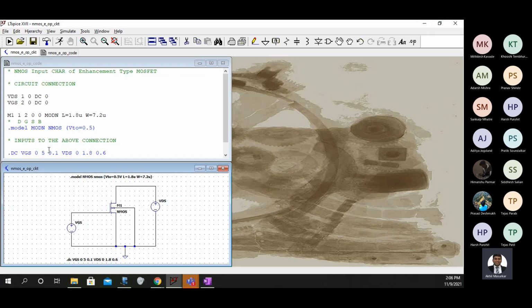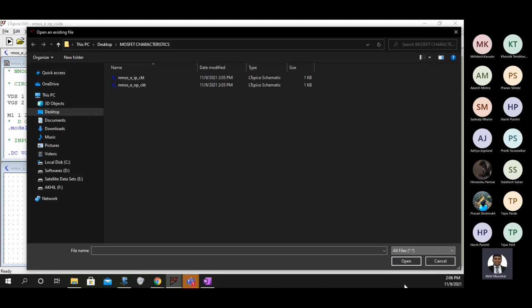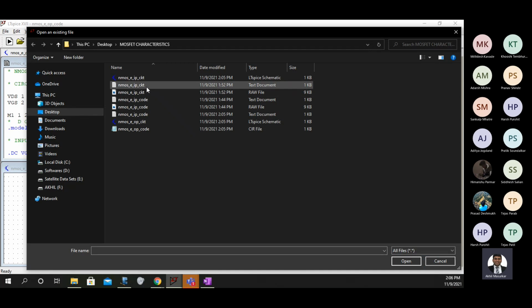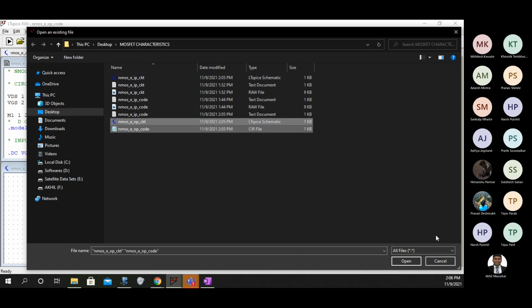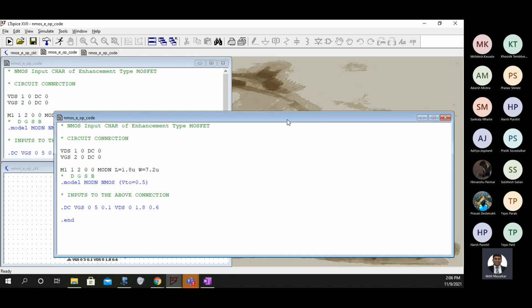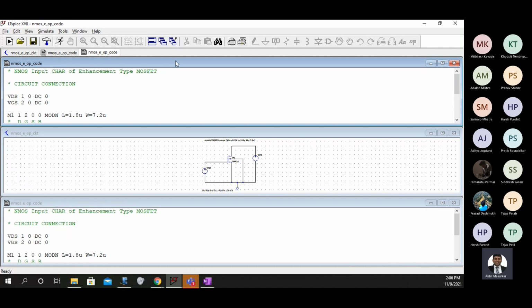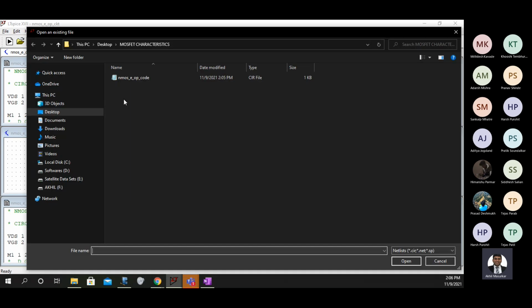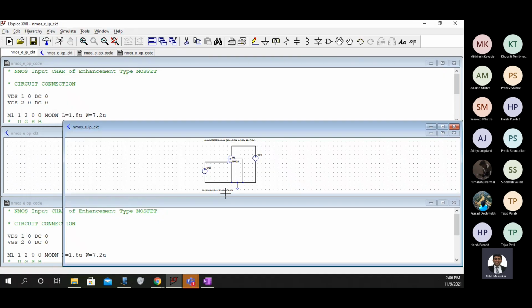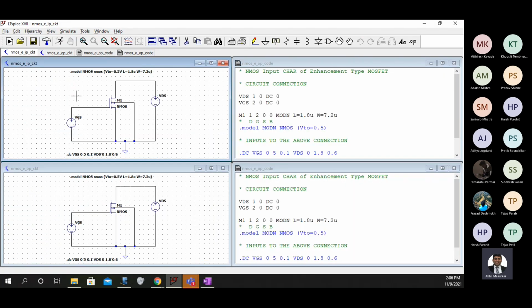So in this very code, I'll open this too for our reference, and also open the input characteristics. See what change I'm doing in the code. This was the input.